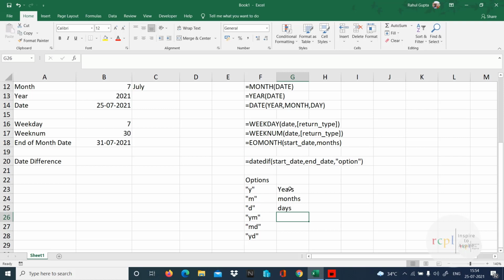So if I have to get the months which are less than 12, then I'm going to use ym. What it does, it takes out total number of months divided by 12, whatever will be the remainder that we are going to get as the year months. So here we have to give years, month. And in MD, we have to get months, days. So it is going to take out total number of days, divide it into all the months, and whatever remainder is, that we are going to get. Means it's always less than 30.